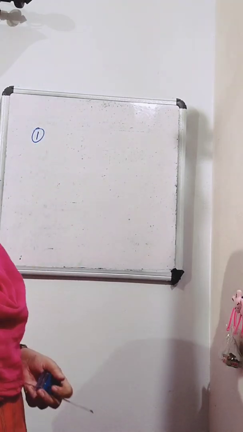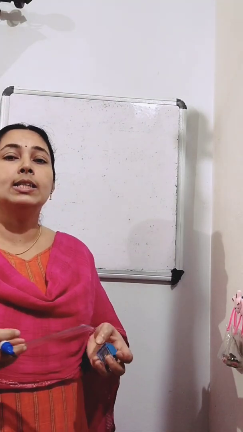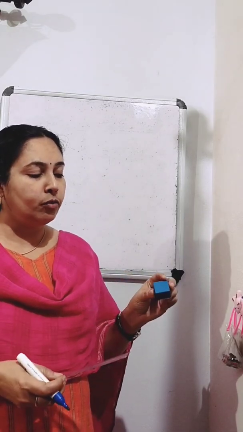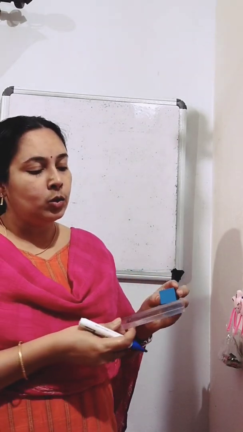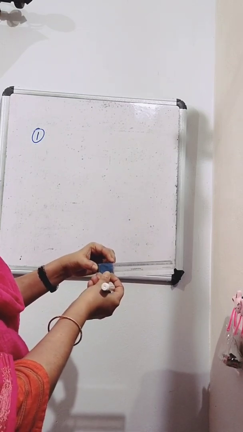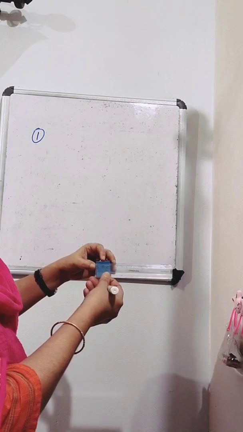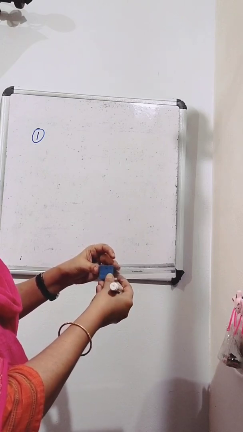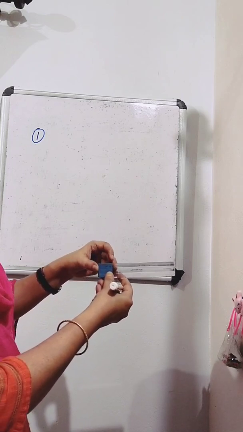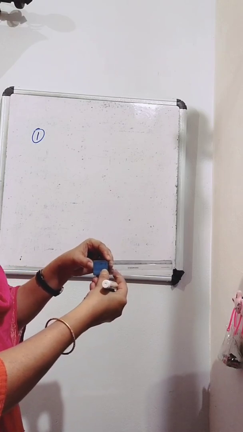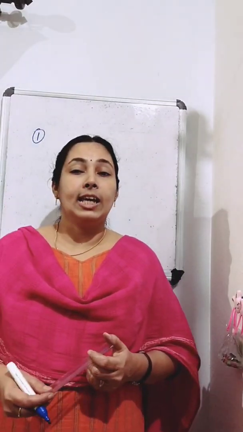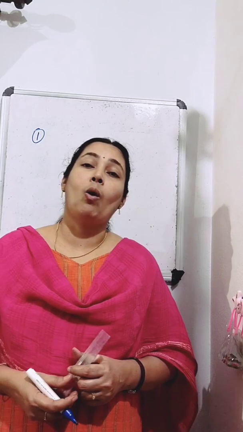So first step for measuring the length of an object is you should place the scale in contact with the object along its length. So if you want to measure the length of this, you should not keep the scale like this and take the measurement. Or you should not keep it like this or like this and all. You should keep it in close contact with the object, and keep it straight. Then find out what is the reading here, and that is the length of this. Okay, so first point is that place the scale in contact with the object along its length.